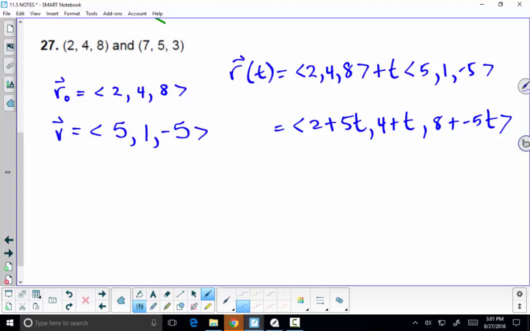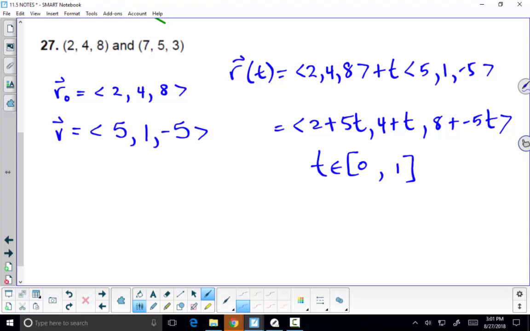We want to say, hey, we don't want the whole line, we just want part of the line. 0 to 1? 0 to 1. And check. If you plug in 0, you get 248. And if you plug in 1, you get 7, 5, 3. So,